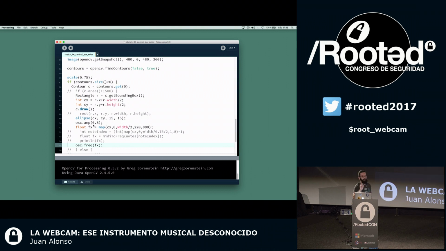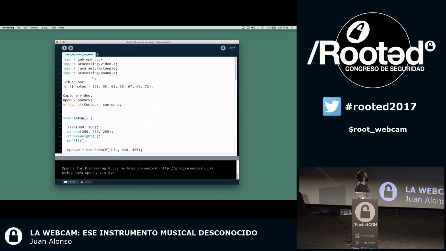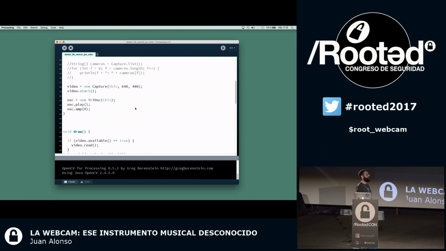And seeing that I just have a few seconds, as I promised when I described the workshop, this should be well tuned, and that's what we're going to do next. And I can actually activate this whenever it takes faces and things like that. So right now the frequency is going from 220 to 880. Well, I wanted to go from 1 to 8 now. Why? Because it's the number of elements. Okay, 1 to 7, because this is the number of elements I have in this array,